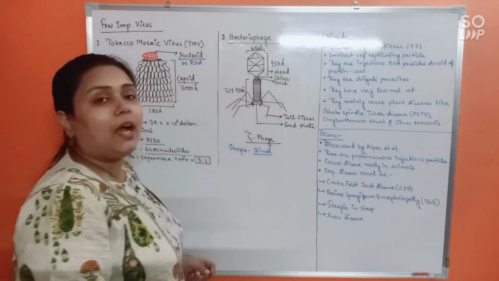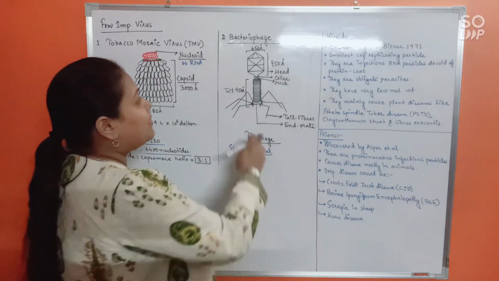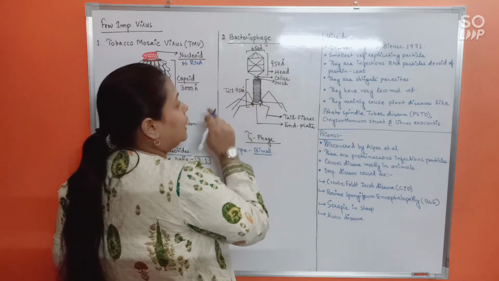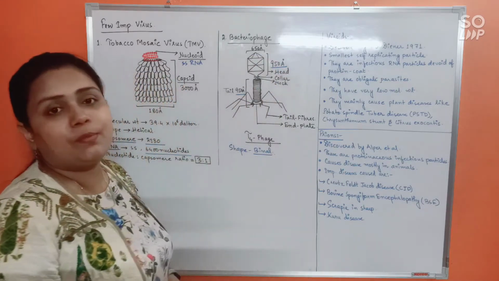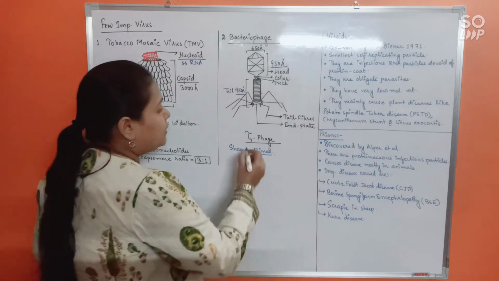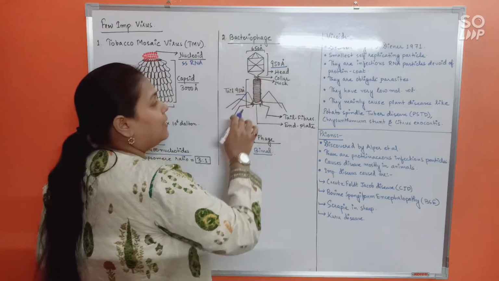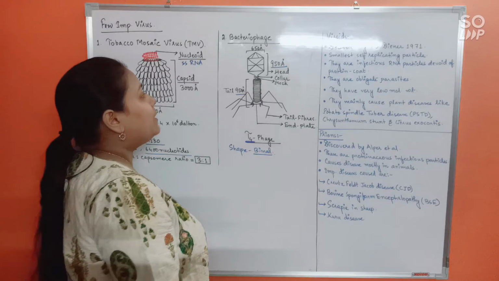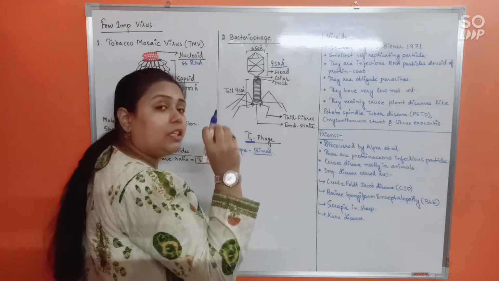So mainly the bacteriophage consists of two parts in its structure, that is a head and a tail, okay? Both the head and the tail lengthwise are equal, that is 950 Armstrong, okay? But the diameter is 650 Armstrong. Here we are talking about the most typical bacteriophage, that is T4 phage. For the T4 phage, it is 950 Armstrong for both head and tail, and the diameter will be 650 Armstrong, okay?